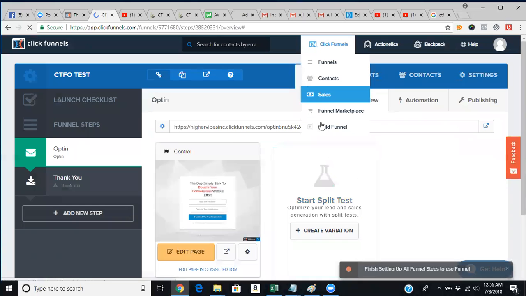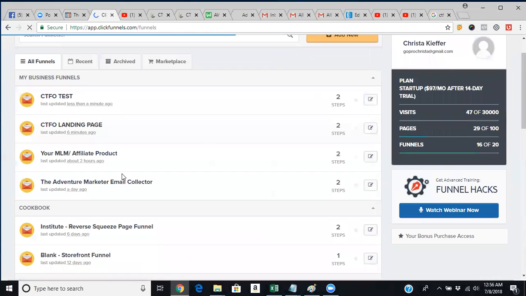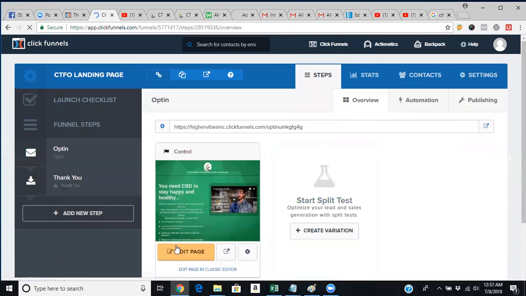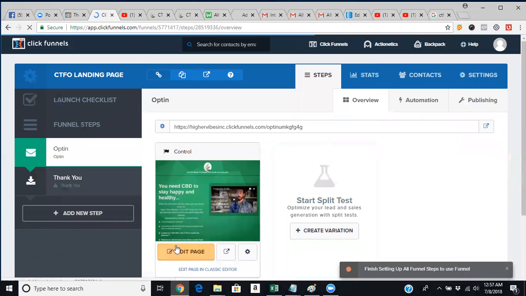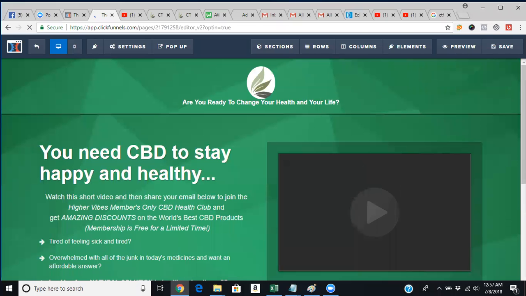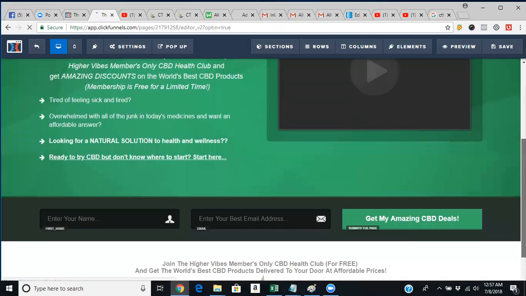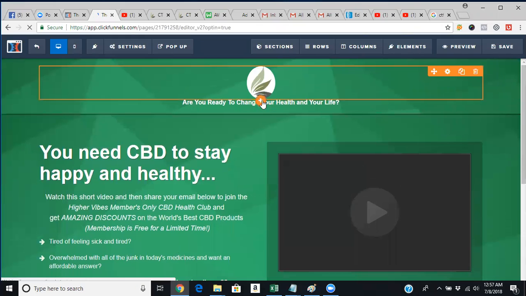Let me come over here and just pick this funnel for the sake of time, and I'll show you where the buttons were and what things you do to customize it. So we'll come back to this one. It had different copy in there whenever it started out. It was saying something like the coolest thing for conversions for your business was the headline, and it had a generic video. So you'd come to, say, this page, and it only had